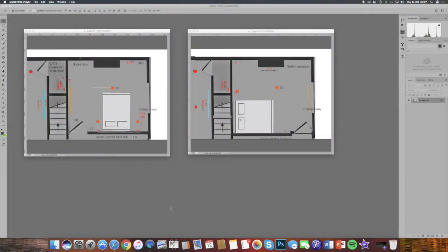What I thought I would do, I normally just do a video around the house, but actually I thought this is a perfect opportunity to show you how something really small and just ridiculous can change the layout of a room. This is why it's really important to understand your layout and to know it like the back of your hand, and the importance of doing regular site visits, because if I hadn't made this site visit and noticed this, when I would have put the bedroom in,